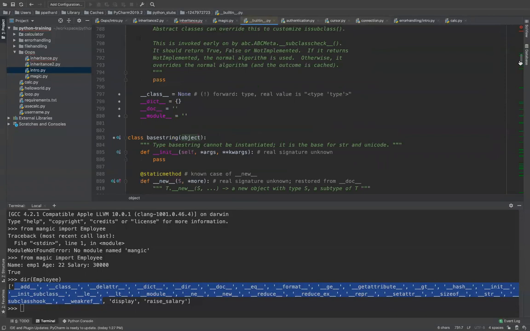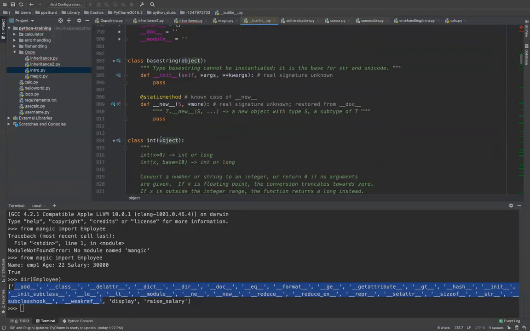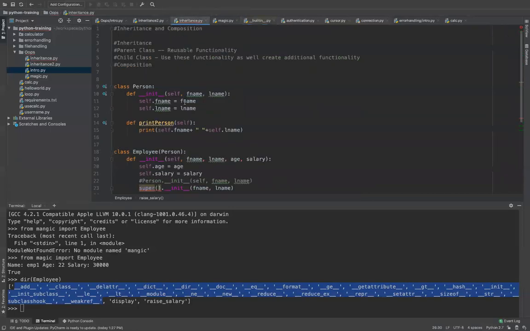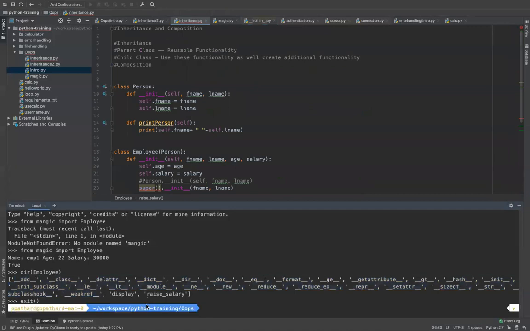Any class that you create in your system, for example int: you created x equal to 0, you created x equal to 10. By default, it is inheriting from a class called object. That's a lot of confusion out there, right? Don't confuse. The only thing you need to remember is all the classes in Python are inherited from a class called object.